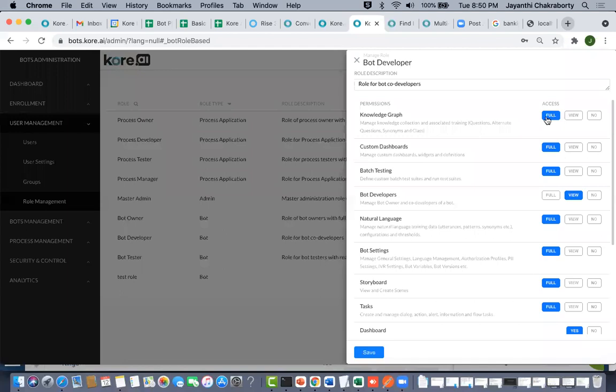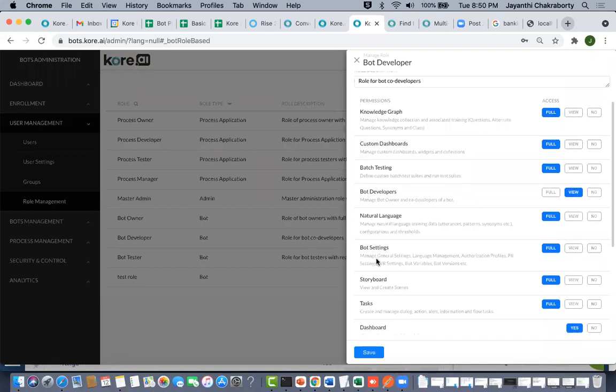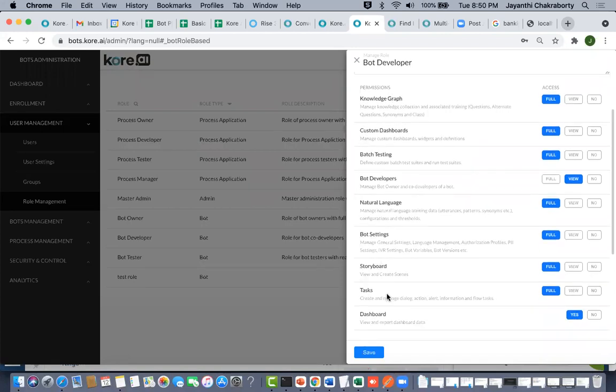Full access means he can do anything with the configuration. View means he can only see the configuration. No means he cannot see the configuration. So for each of the properties, for each of the features like knowledge graph, custom dashboard, batch testing, bot developer, NLP training. Okay, so for tasks like dialog task creations and all, you can see the different types of access